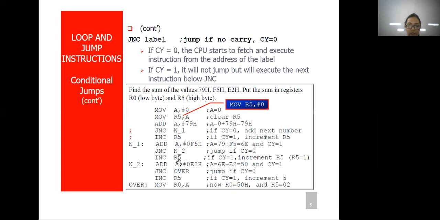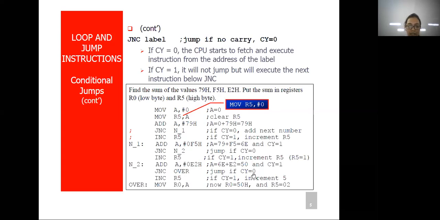Now R5 will be incremented by 1. So here we have saved our carry flag in the R5 register. Now the next instruction is add accumulator data with 0E2H. Again the carry flag is set. If carry is not set, then it will jump to the over loop.